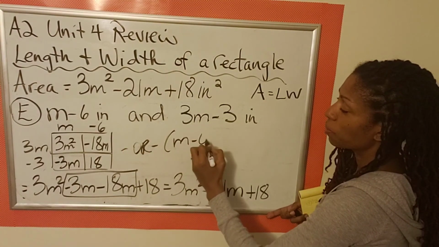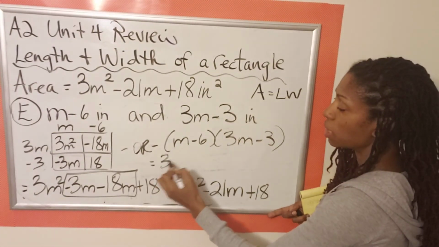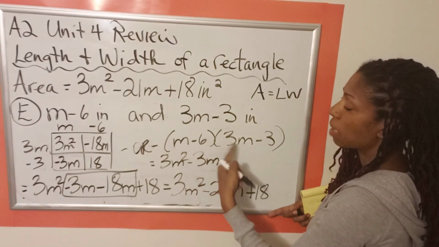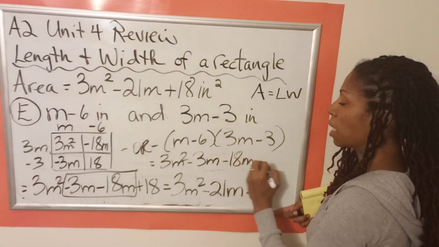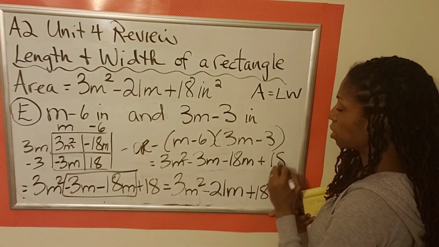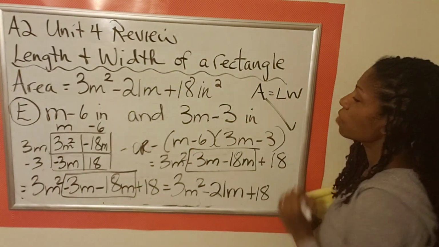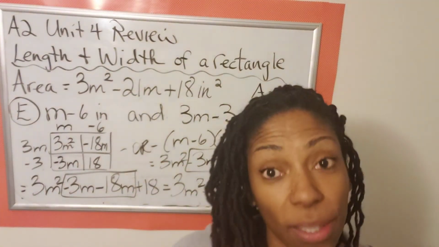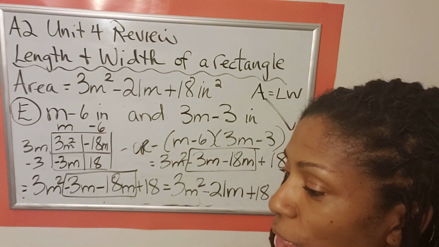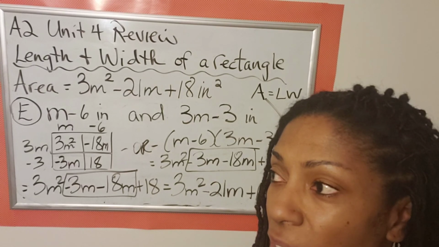Let me show you the other way. We could just distribute. M times 3m is 3m squared. M times negative 3 is minus 3m. Negative 6 times 3m is minus 18m. And negative 3 times negative 6 is positive 18. When we combine these like terms, we'll still get the same area. So choice E definitely works. Choice C did not. Choice A was a good match. And I want y'all to figure out if B and D